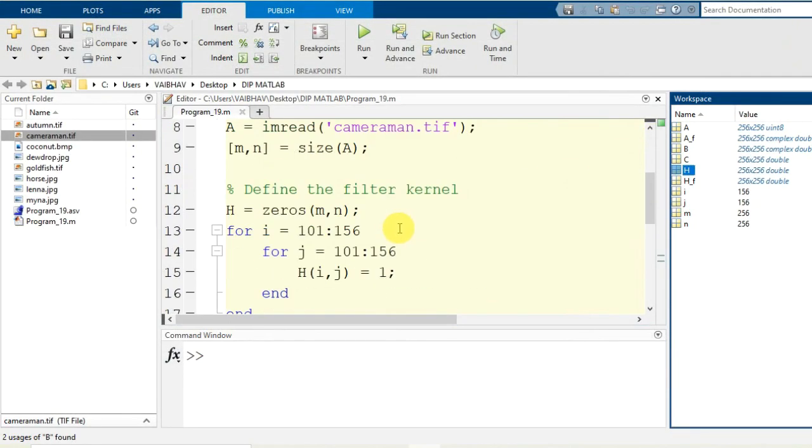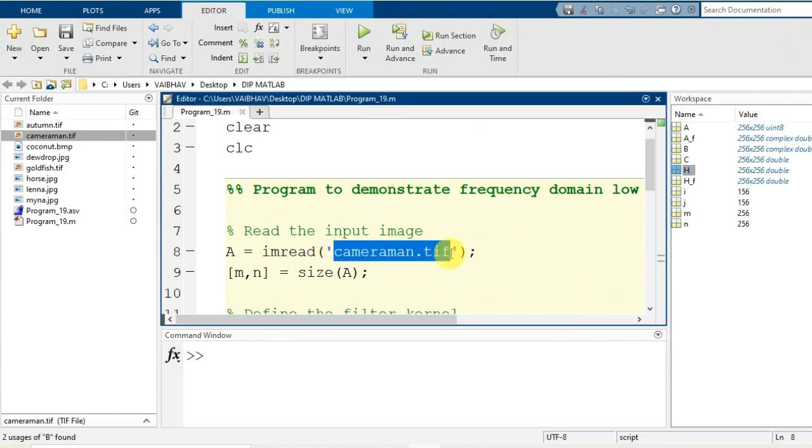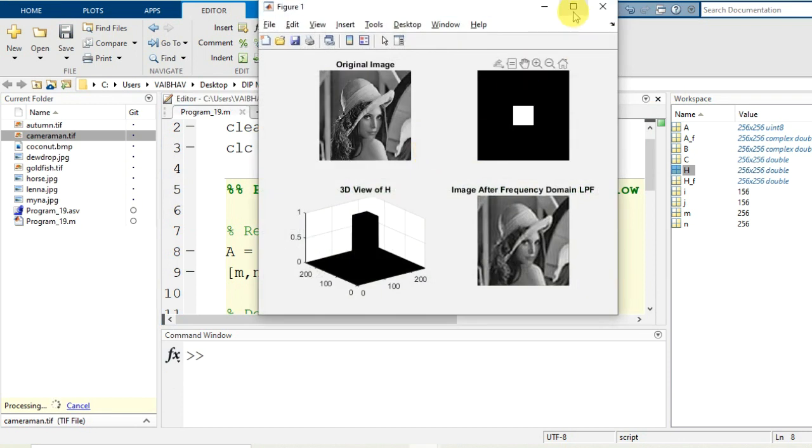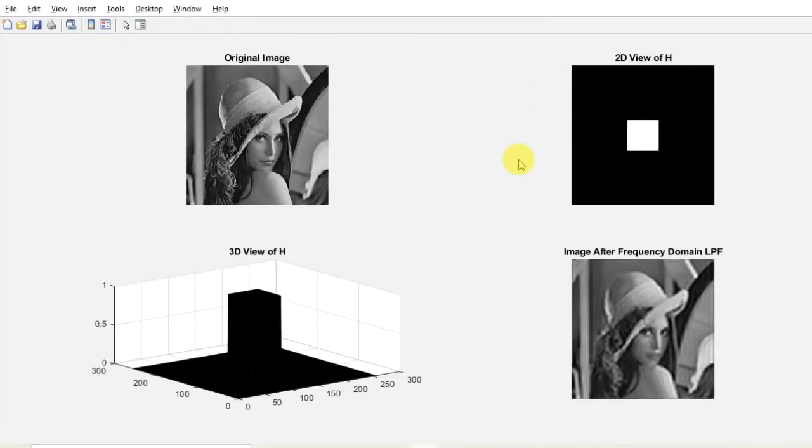I will also show it with the results for another data set here. So let us say if I use lena.jpg, another popular data set, saving the changes and running it again, because for both of the cameraman.tif and lena.jpg we have the same dimensions, 256 pixels row wise and column wise here. So the same filter mask will be convenient to use for processing low pass filtering of the image in the frequency domain. This is the resultant output image here.